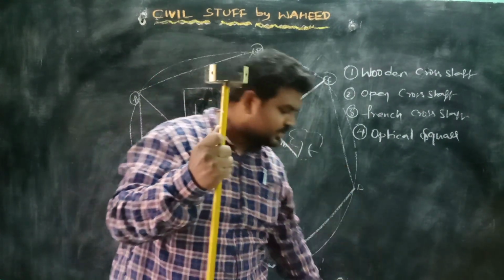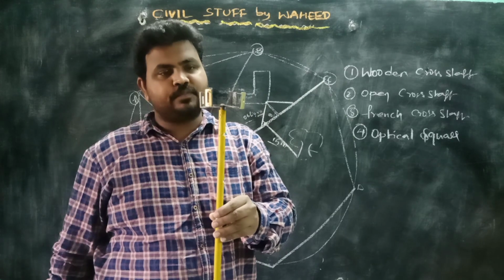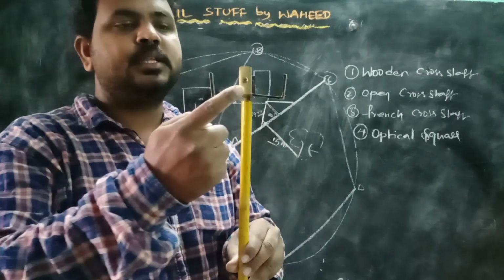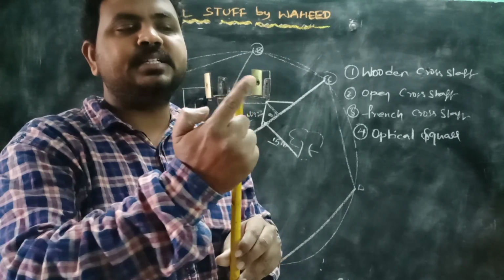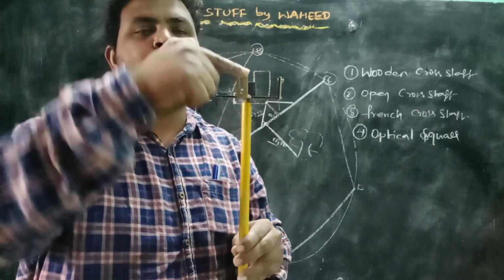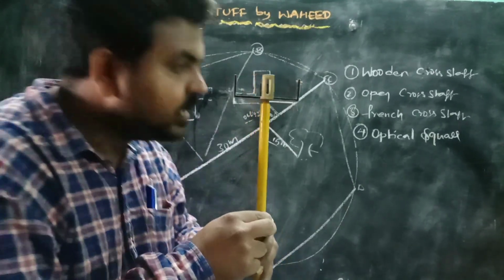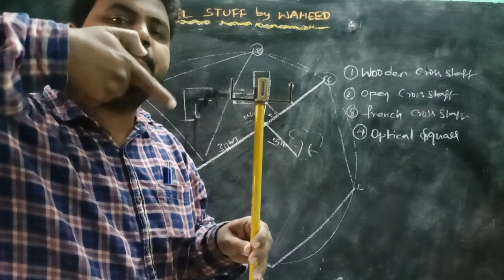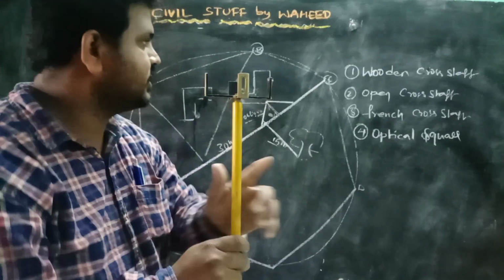Now what you are seeing in my right hand is an open type crosstalk. What is this? Open type crosstalk, where you can see this is an eye vane. This is an eye vane. Both are adjacent to these, and opposite to this one and opposite to this one you will have an object vane with a cross hair or horse hair. If I see like this, one can adjust the line of sight with the baseline by seeing the ranging rods, and the other with the object. This is one type of crosstalk, which is called what?